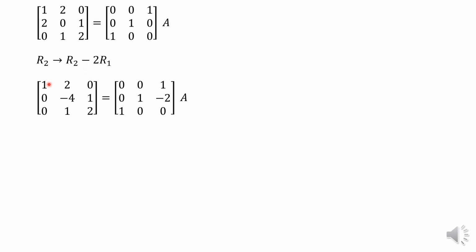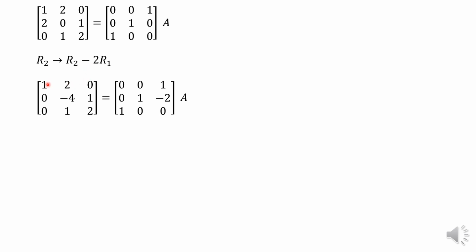So what next is, we have to make the first row leading entry 1. We have to make below elements equal to 0. We have to make this element 0, but no need to make this element 0, it is already 0. Therefore we have to make this element 0. Therefore for that the operation is R2 changes to R2 minus 2 times R1. You already know how to write this operation. Okay, after doing that operation on LHS, we get this matrix.